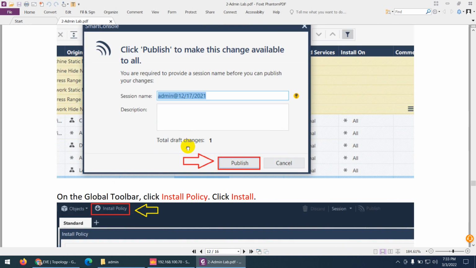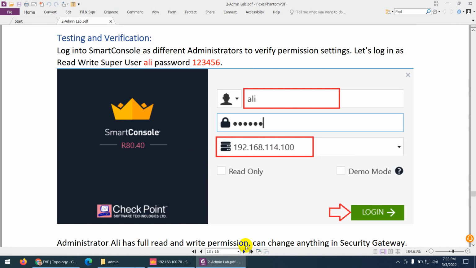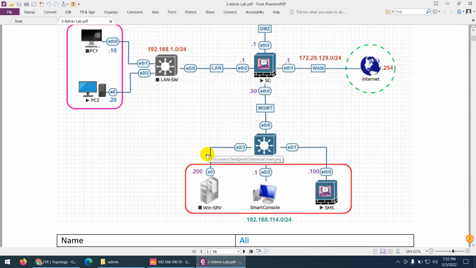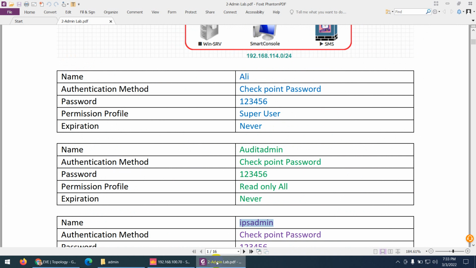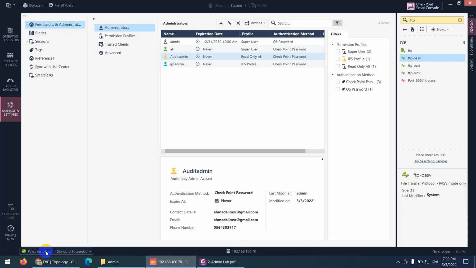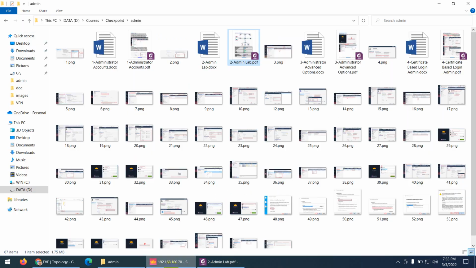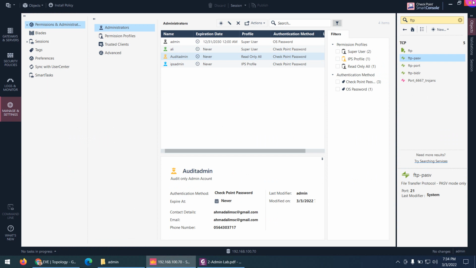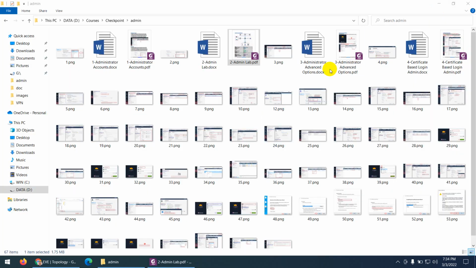So let me go back, and here is Ali, which is a super user. Keep in mind, I can go here to show you as well. So as Ali, let's see, the policy has been published, and now let's check it out. Let me close this one because I logged in as admin. We have 4 users basically, but I created these 3. I want to test those 3. So close this one,